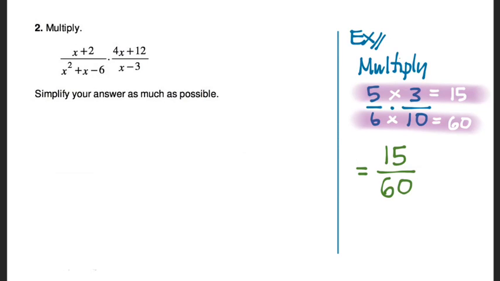Simplify it. So this is where things get interesting for us today. Because how do we simplify a fraction like 15 over 60? What do we have to look for? What are your thought processes? What's on your radar screen? Right, exactly. In order to simplify a fraction, we need a factor which is common to the numerator and the denominator. Something which is both a factor of 15 and a factor of 60. So what can you think of that's both a factor of 15 and 60? 15 happens to be both a factor of 15 and 60. 15 is 15 times 1, and 60 is 15 times